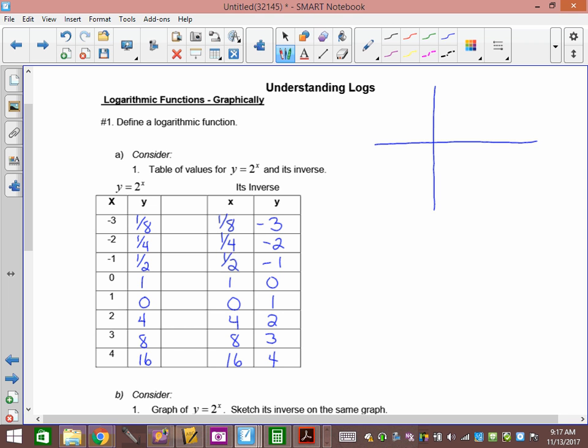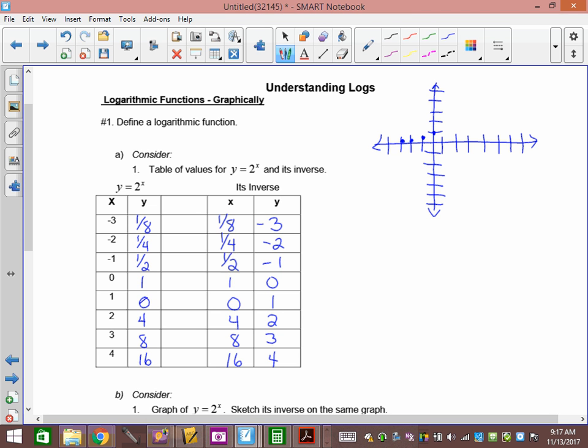So if I sketch the first one, the exponential graph, it'd be at -3, 1/8; -2, 1/4; -1, 1/2; 0, 1;